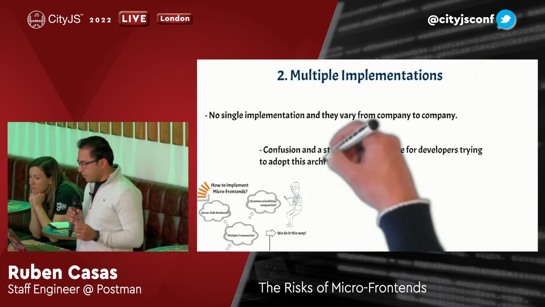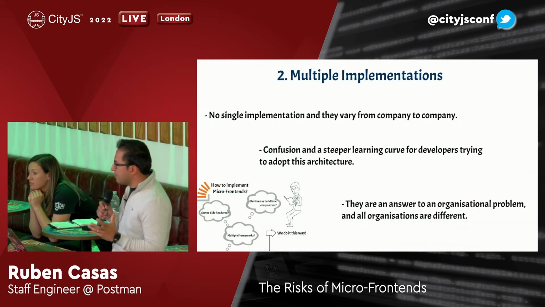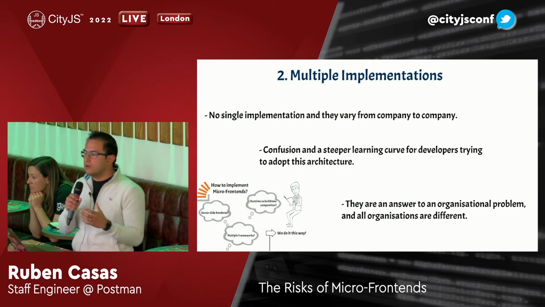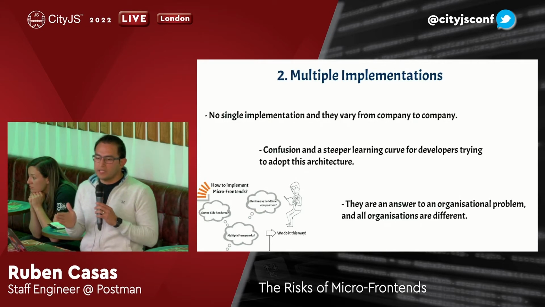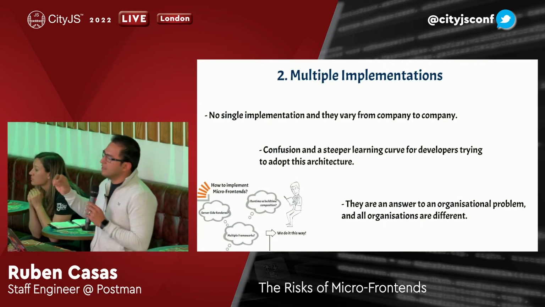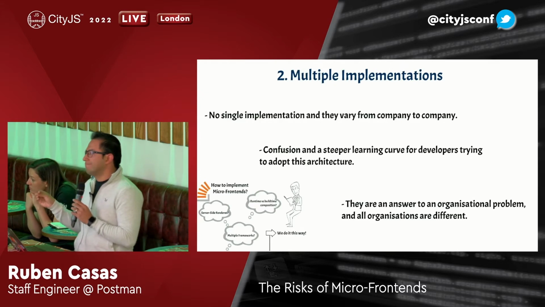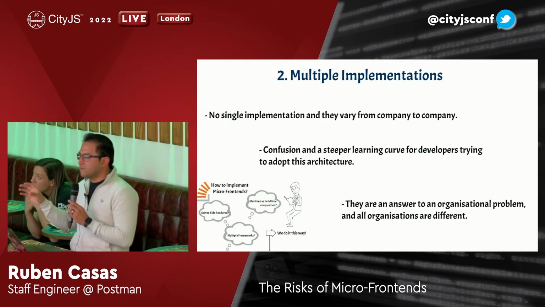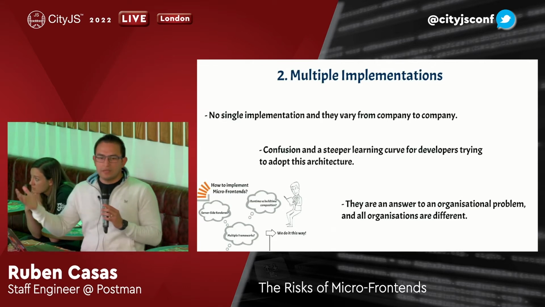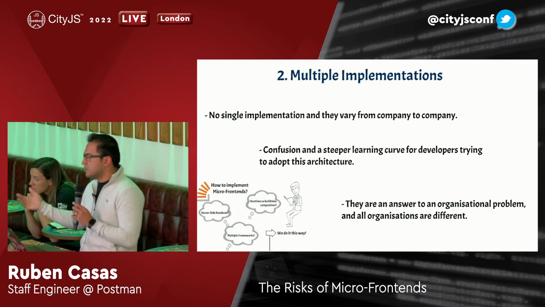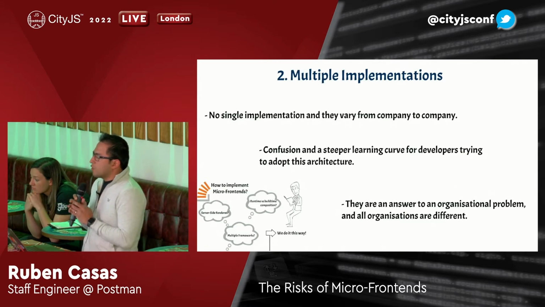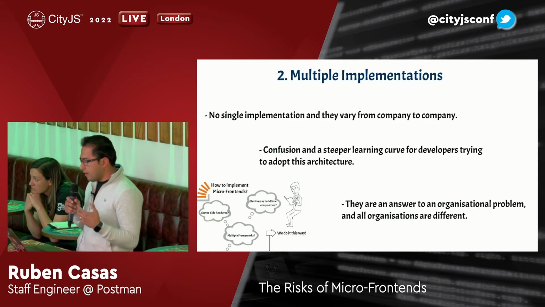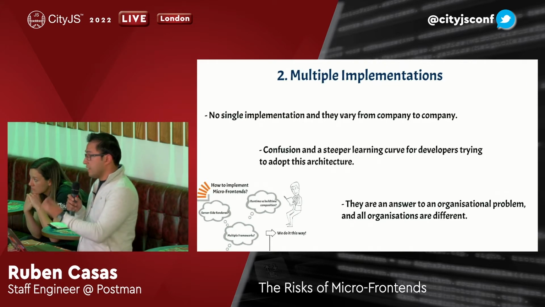The second thing that went wrong with Bob was that it was a bit confusing. As we saw, there was a lot of information. There was not a single place where you could find how to implement an architecture. And unfortunately, one of the not very nice side effects of micro-frontends is that it's very specific to the company. So every single organization is going to be different, and there will be different implementations. What works for you at company A might not work for you at company B. So we need to be aware that there are multiple implementations, and they exist because they are for specific companies.